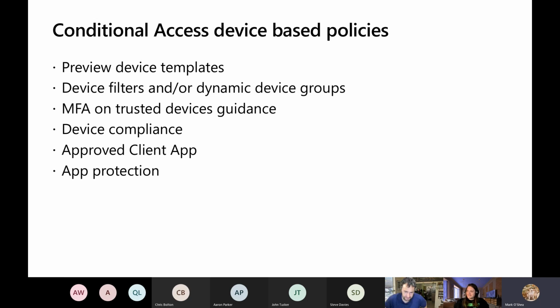So there's a few things in there. And then the final three, like the device compliance, approved client apps, and app protection, nothing too drastic to cover off in the last two. But with device compliance, there's something that we'll cover off that is a preview change that doesn't directly affect your devices, but does affect devices, or could potentially affect devices coming in from other tenants in a very, very good